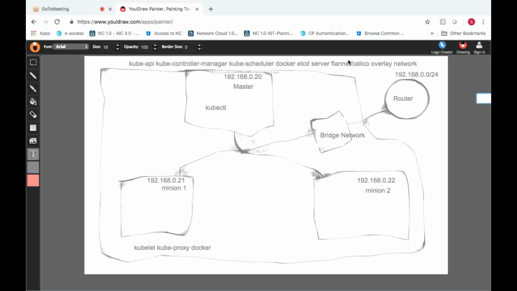Either you can use Calico network or we can use Flannel. Similar to that, we have other networks also, but our company is using Calico. In our experiment, we are seeing Flannel network. That is the only difference we see. You can use any one of them. So this is the basic architecture.